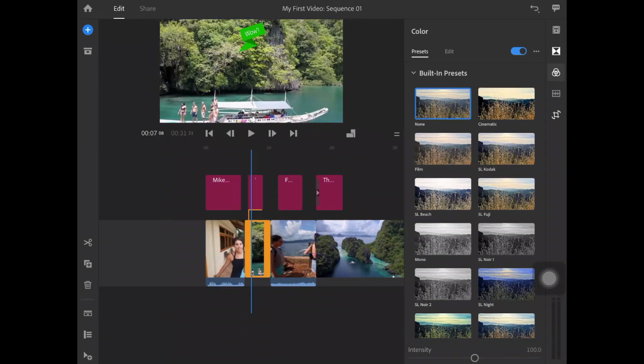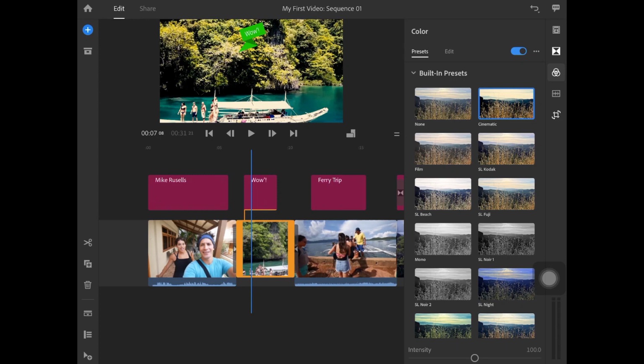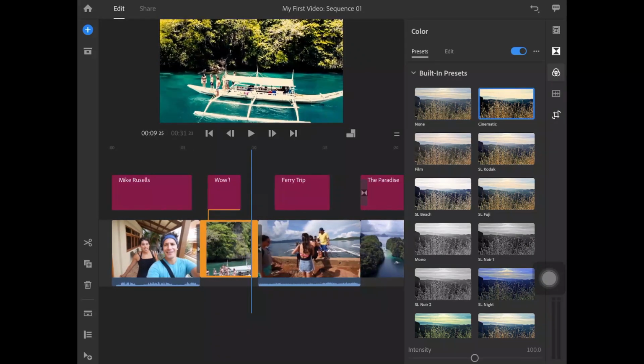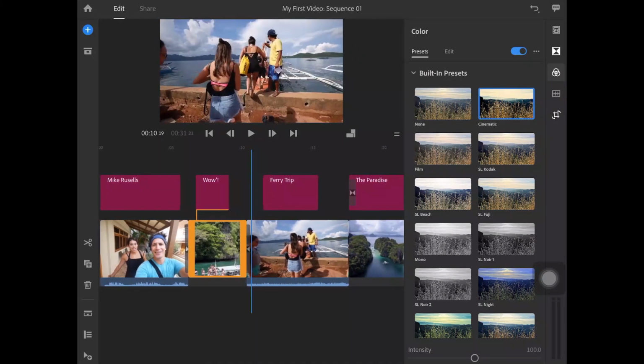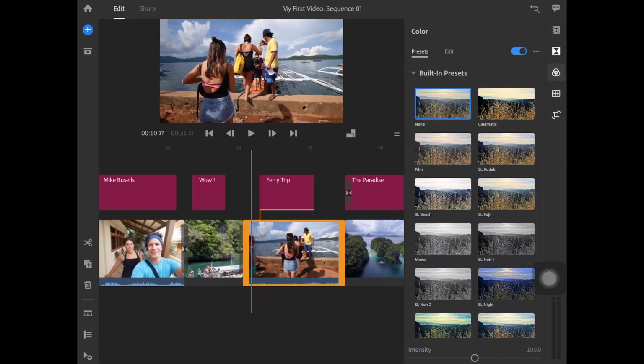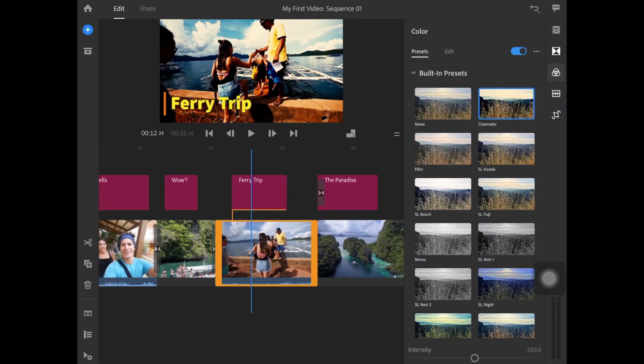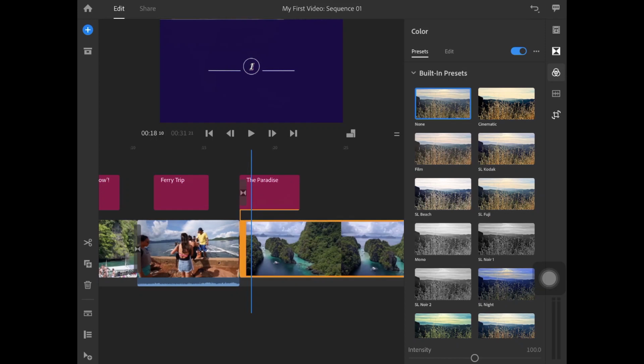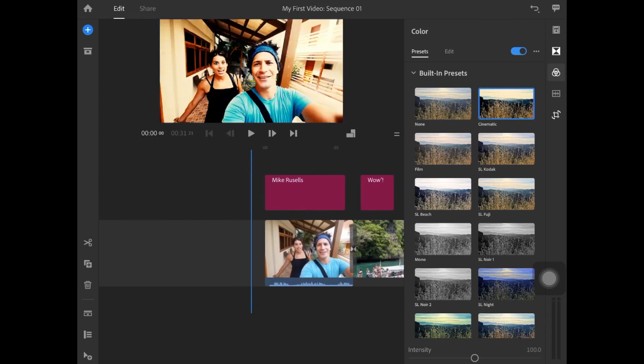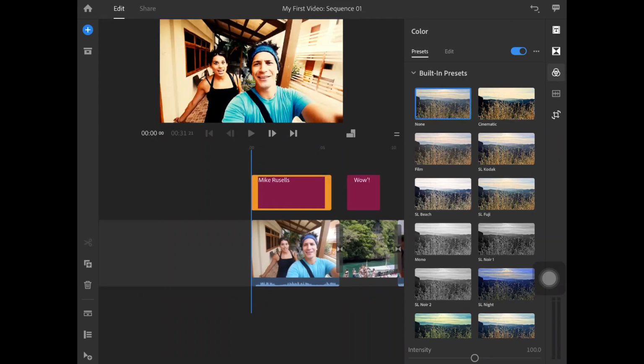Alright, now this is the second video. Again, I'll select the second clip and I'll say cinematic. See, suddenly everything changes. Look what a massive difference at the click of a preset. Now you see how our videos that were shot on smartphones are suddenly becoming something magical. Again, I choose cinematic, and let's go for the fourth clip and choose cinematic, and let's see how it all plays out now.